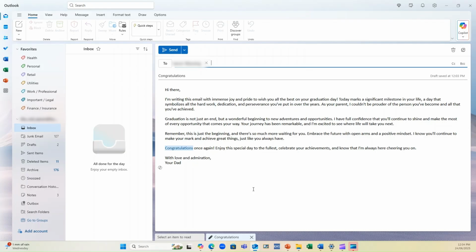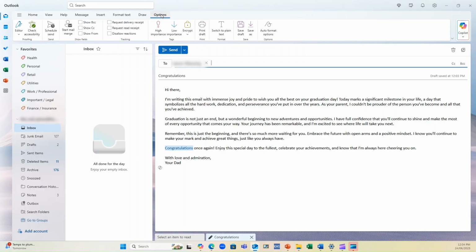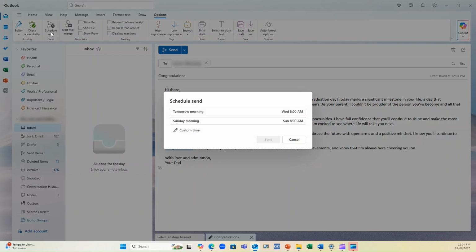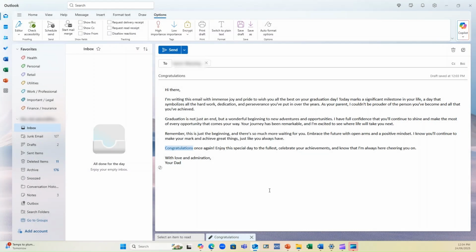Now, there are two ways in which you can do this. You can go up to your Options tab and open that ribbon up there, and you'll see an option there to schedule send. So you can simply click that and it will give you the options to schedule at a later date. The other way, which is somewhat easier, is to go to the drop-down menu to open the send